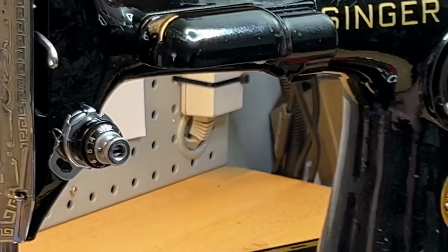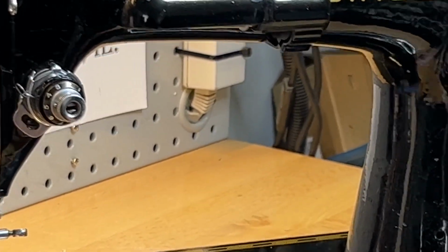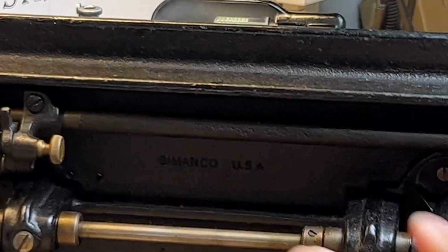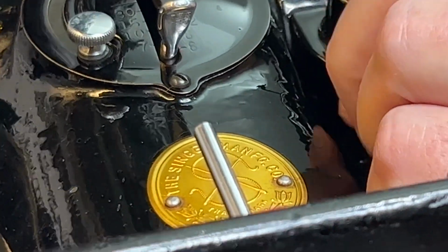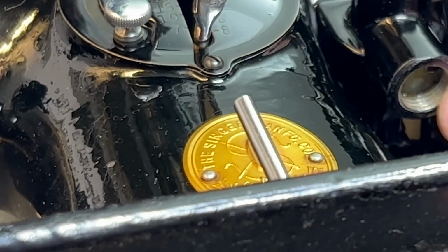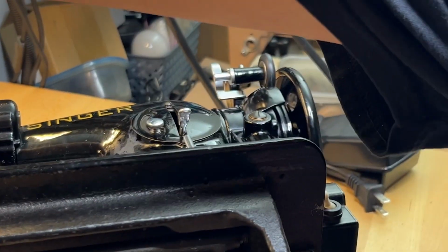Now, the only other thing you may want to do eventually is replace the grease, or actually add grease. And the grease goes in... Is this different from the oil? Yes. And this just takes good old-fashioned Vaseline. And I've got a little syringe with just Vaseline in it. Now you'll see that there's fresh grease in there. And most of the time there's some grease on the cap. But then I take a syringe